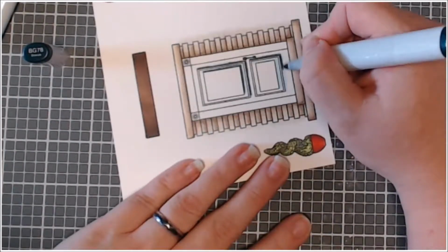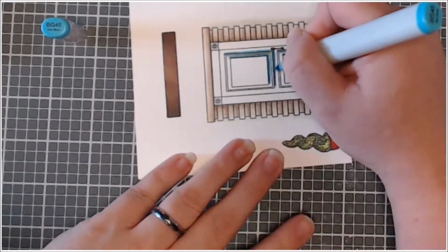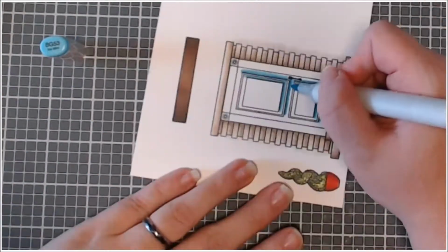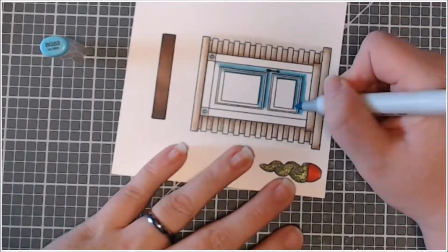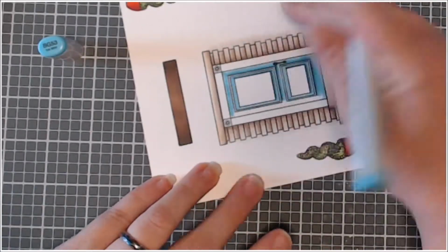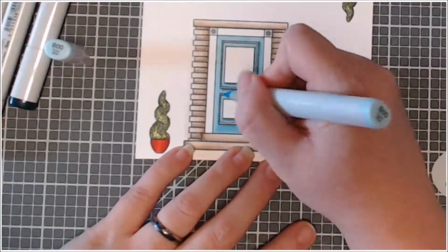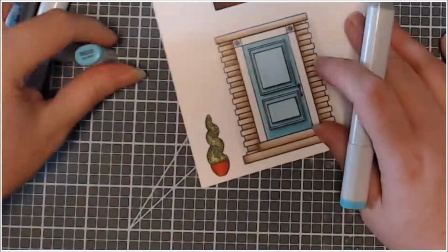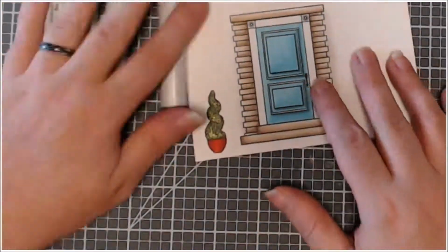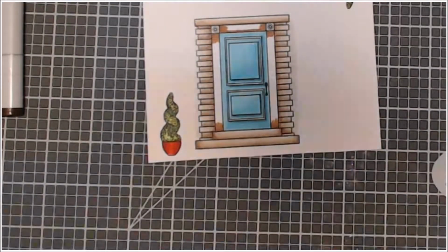Now here, this door, if you want to practice adding dimension through shading, this door is perfect for that. It is tiny, so you have to use the very tip of your marker, and you can't just lay down the marker, but it is small enough for you to practice on and not waste a bunch of Copic ink, not feel like you wasted a bunch of time. It's like those panel doors,